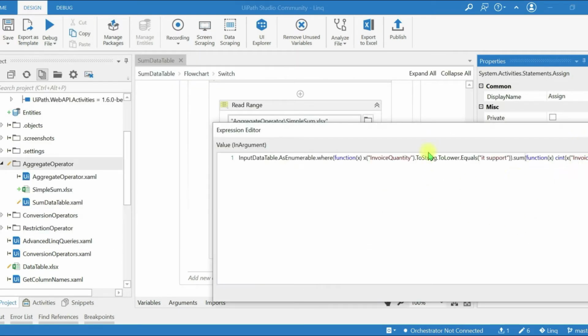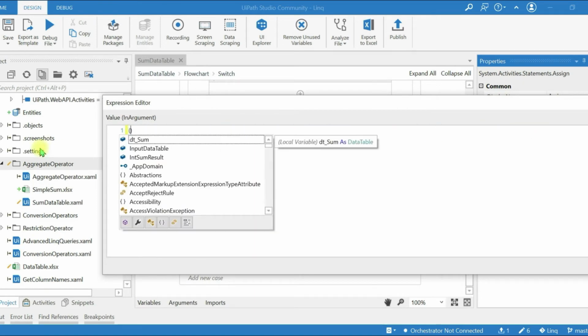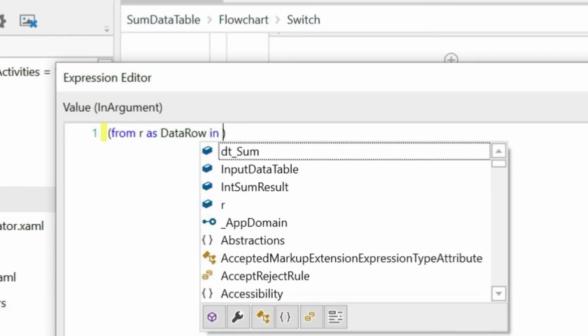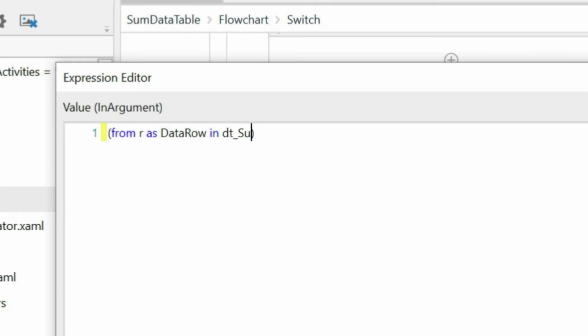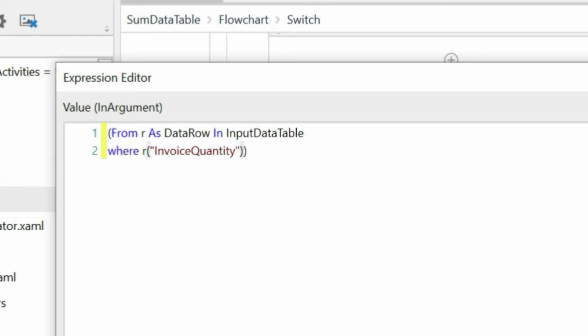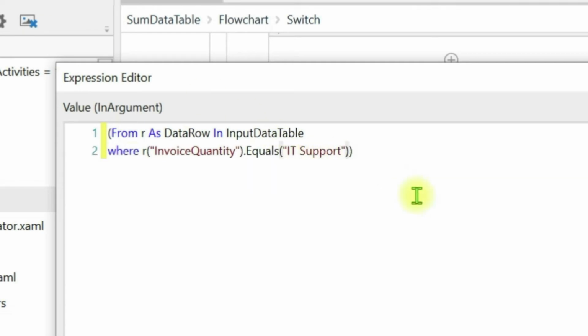Okay friends, we can also write this using query syntax. Now let me write it this way: from rs data row in input data table where R of column name invoice quantity dot equals IT support, select R. So this is query syntax.